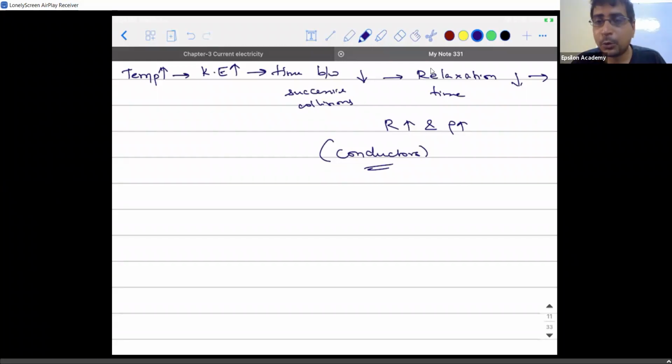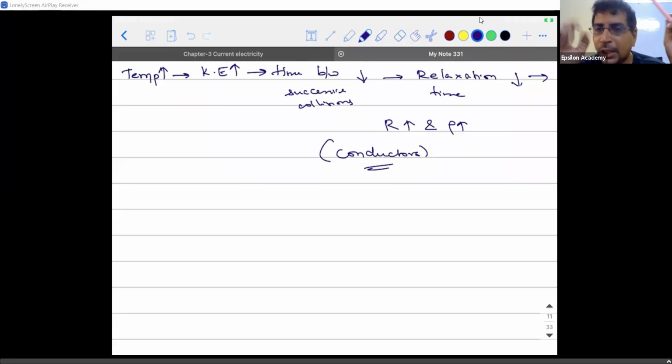Resistance and resistivity both are the property of the conductor to oppose the flow of charges. But why two terms? Why can't I use one term itself? It is very simple, because resistance depends on the dimensions of that particular material, whereas resistivity is constant for a given material.